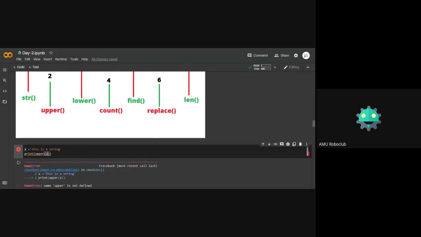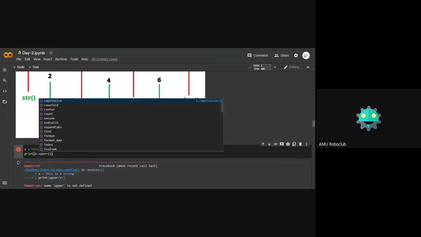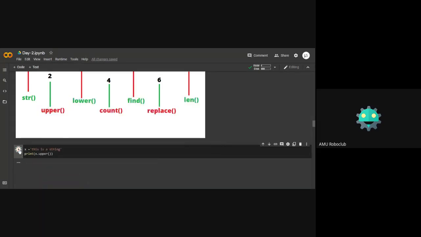Right. So as soon as I assigned this upper to x, what did it do? It simply converted the entire string into capital letters. As the name suggests, upper, the capital letters, right?